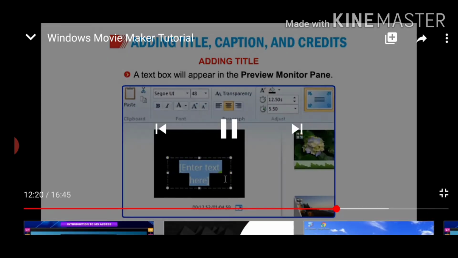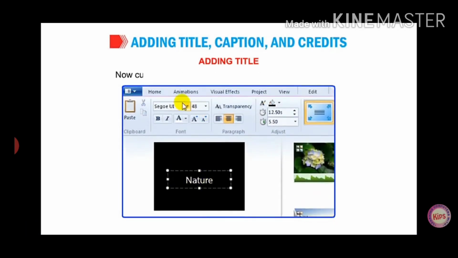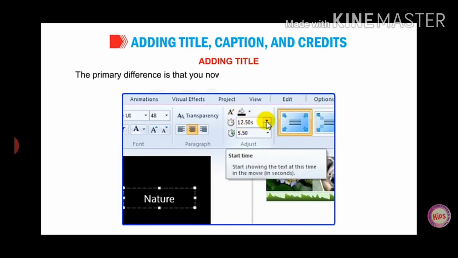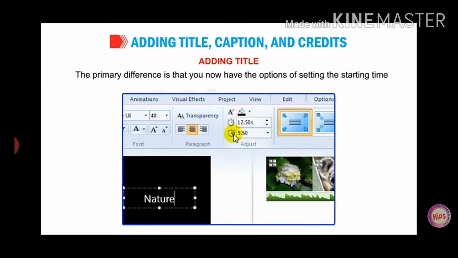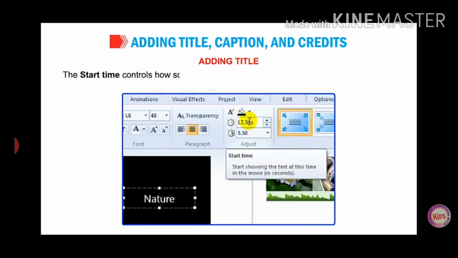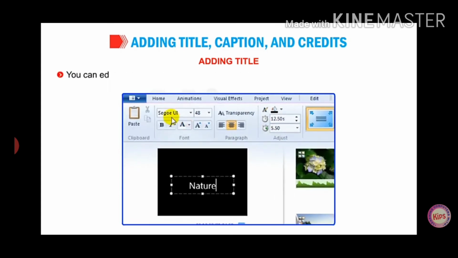Now you can see how you can add the title. This is the method to add the title. This is similar to other Microsoft Office programs. By this you can set the start time and the text duration time.